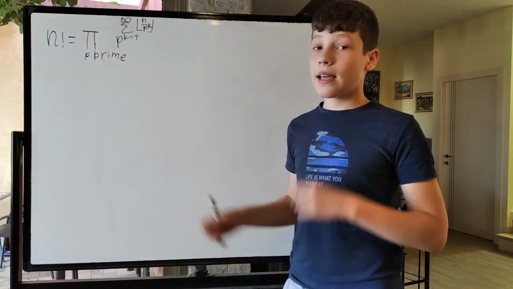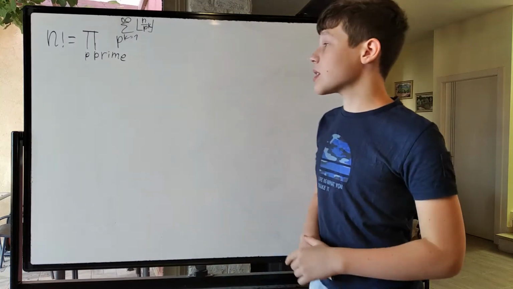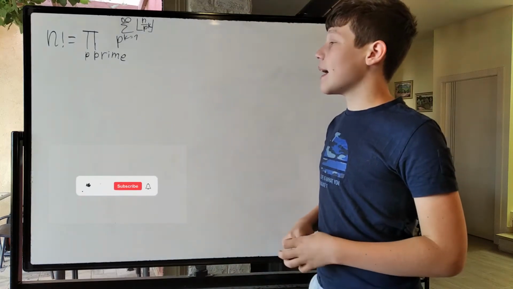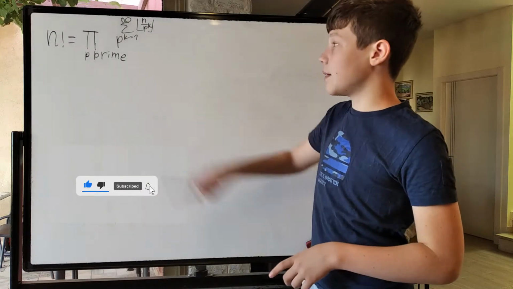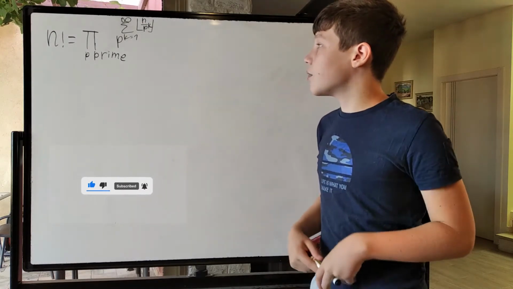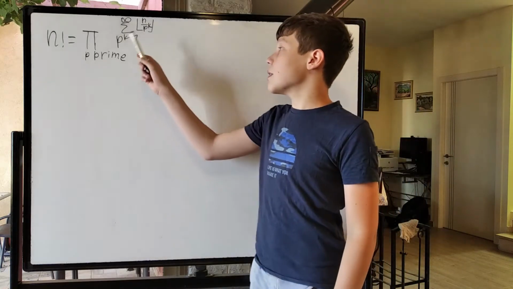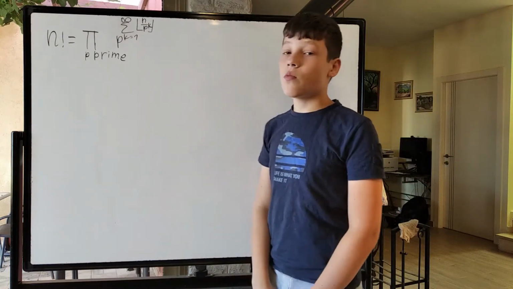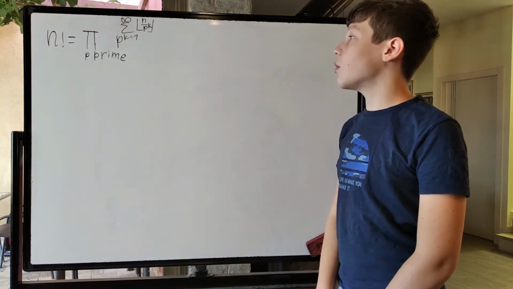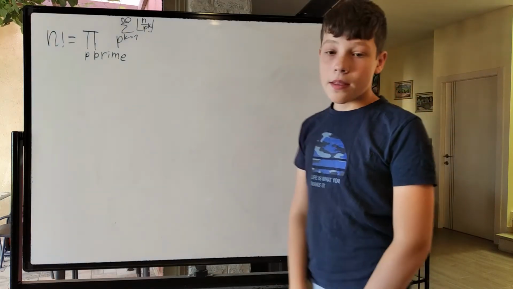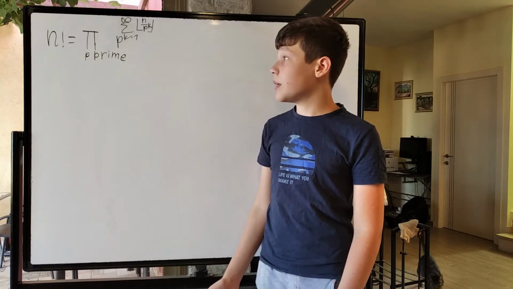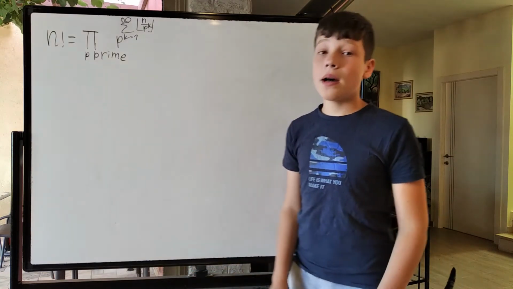Today we're going to look at this formula and we're going to derive it. So we have n factorial is the product over all primes p of p to the power of the sum as k goes from 1 to infinity of the floor of n divided by p to the k. This seems way too complicated to be useful, but